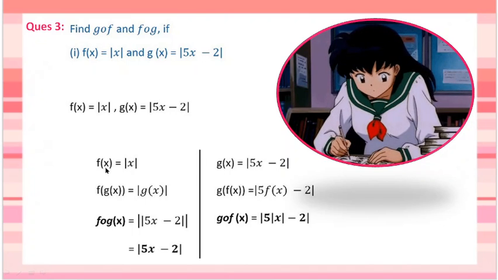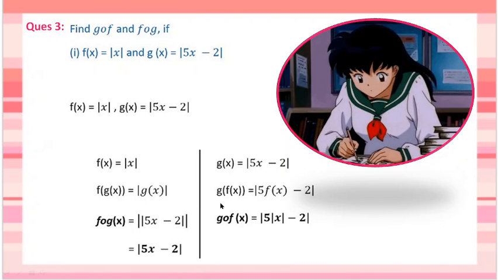It means we have to take function f(x), but wherever we have x, we will replace it with g(x). So function f(x) is mod of x. So mod of, in place of x, we have to take g(x) now because the domain is g(x). So mod of g(x). And what is g(x)? Let's put the value: mod of 5x minus 2. And it does not make any difference whether we have 2 mods or 3 mods or 1 mod, that is one and the same thing. So mod of 5x minus 2 is the fog(x) function.